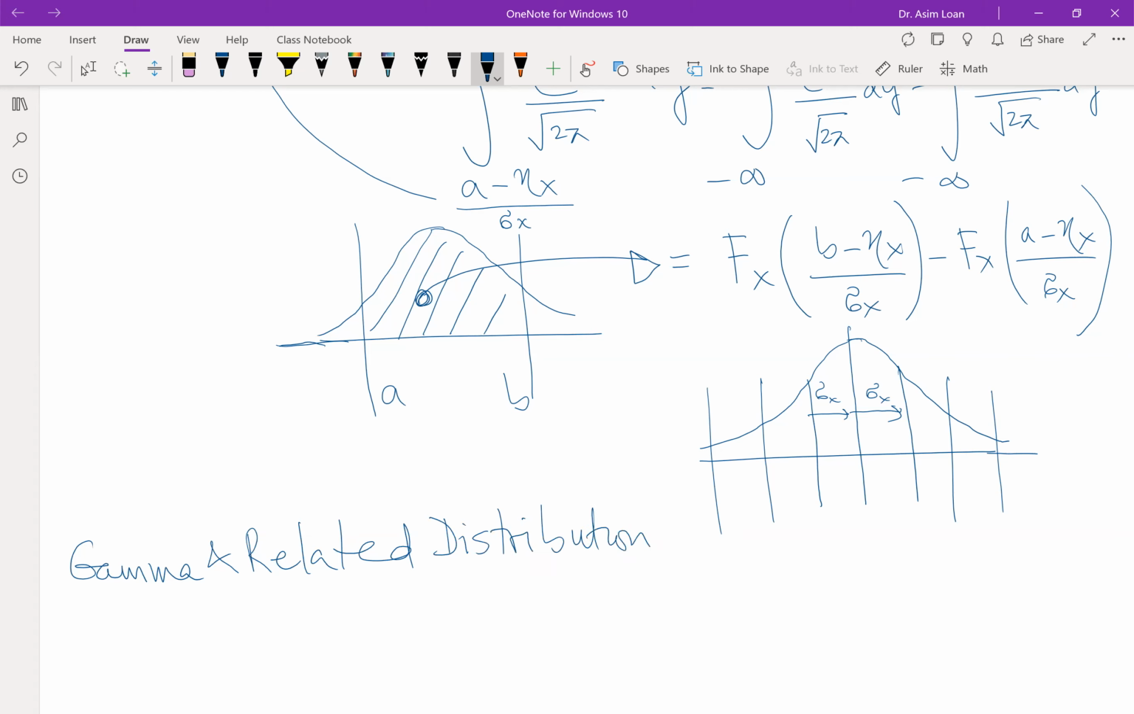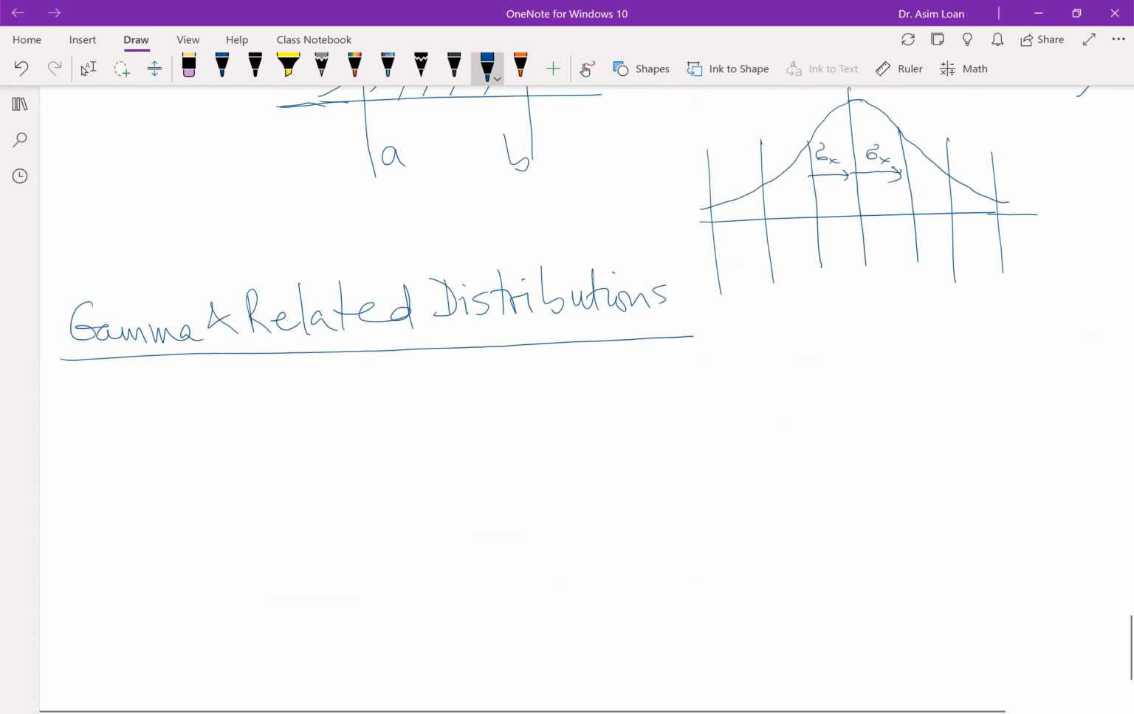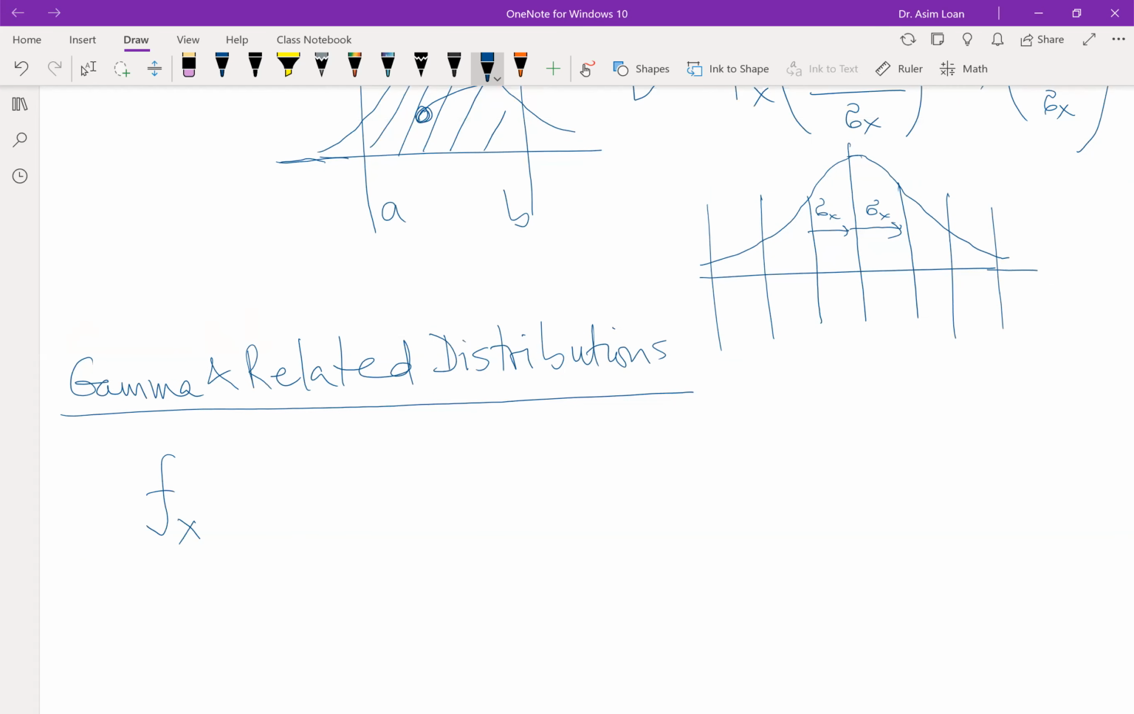Gamma and related distributions. The density function for the gamma distribution is f_X(x). There are two parameters that define these, which is why this is a family of distributions. It is lambda raised to the power eta, divided by gamma of eta, times x raised to the power